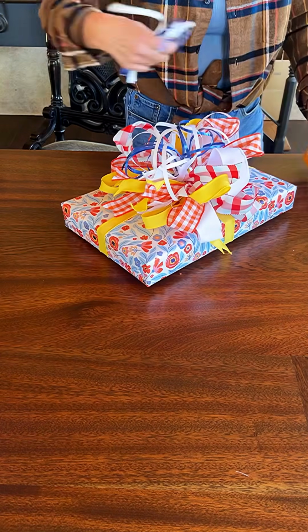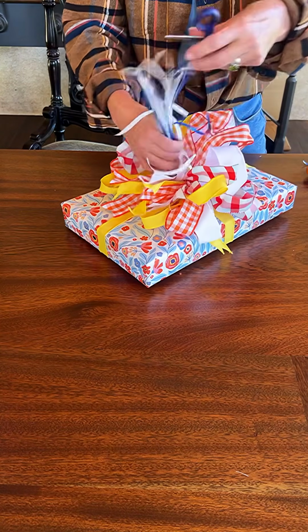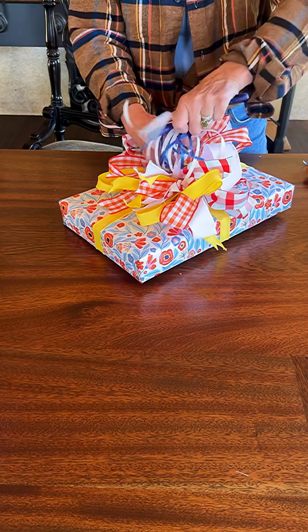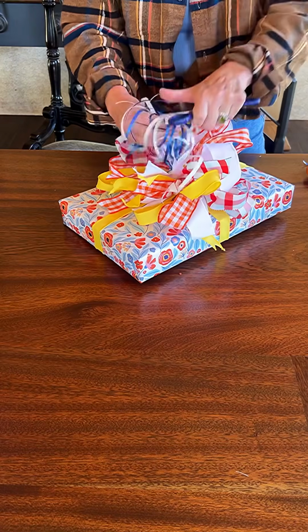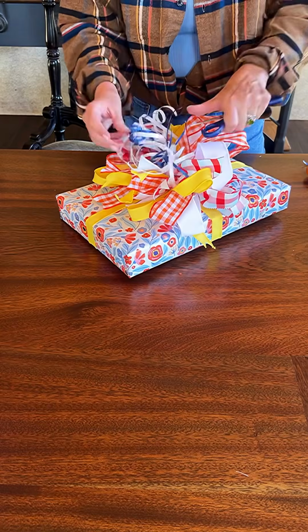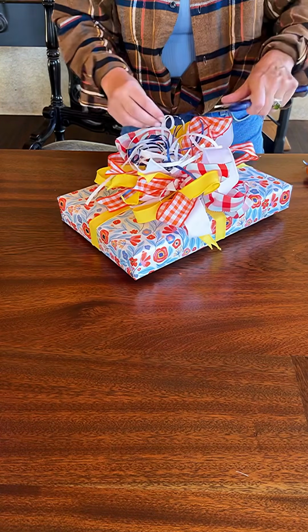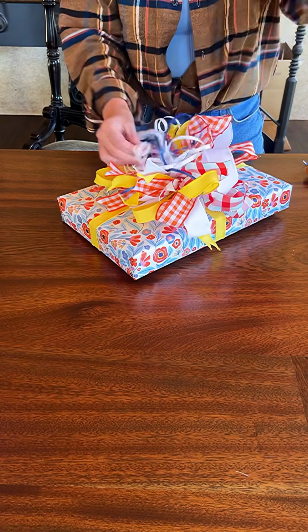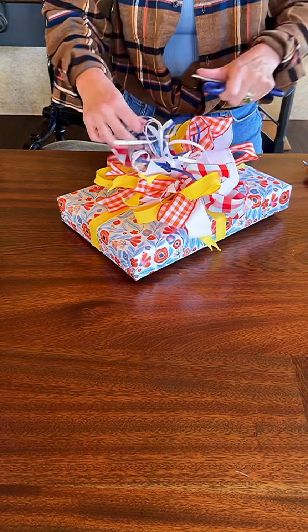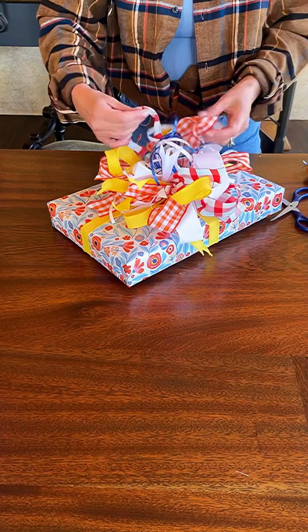Then once you have it, bring it all to the top and give it a little bit of a haircut so it's not quite as long. I probably cut about 4 inches off. Then I take my dull scissors. If you use sharp scissors to curl your ribbon, you're going to either cut the ribbon or you're going to cut yourself. So I use my dull scissors, and I just go in and give all the zhuzhing around the curls. And so the curling ribbon is what hides that zip tie,